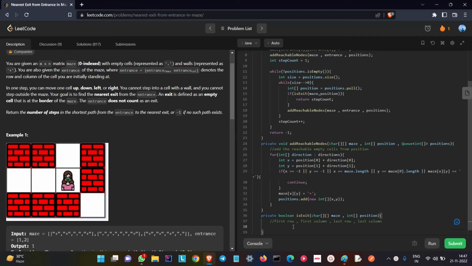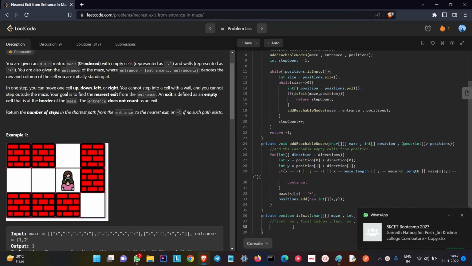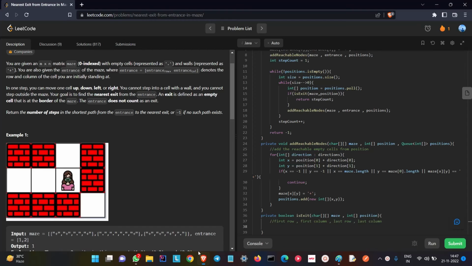So these are the borders, right? So we are going to check for every border. So row is nothing but position of 0. So if position of 0 is 0 or first row, and if it is first column, the column should be 0, or if position of 0 is equal to maze dot length minus 1, or